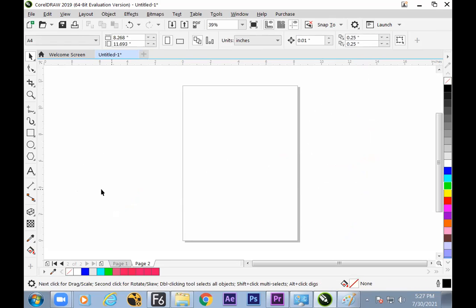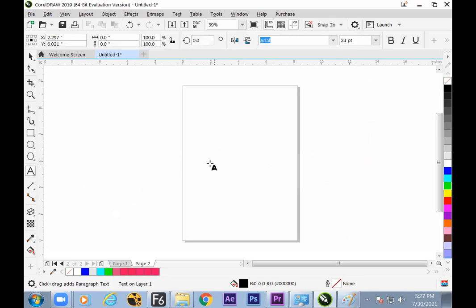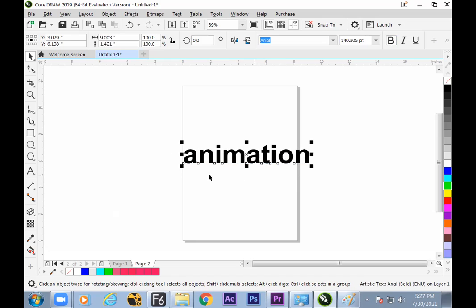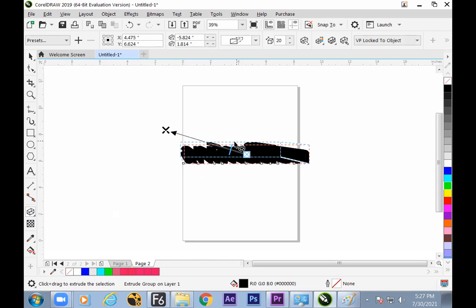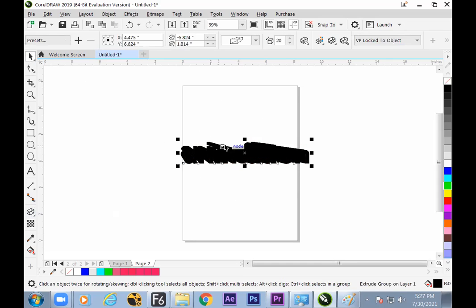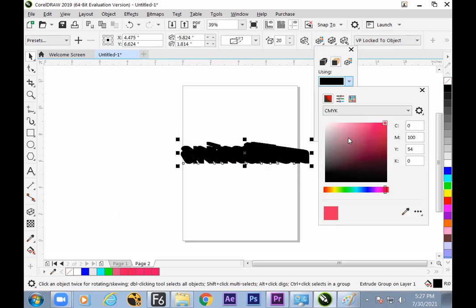Take a new file. Let us take the case alphabet. Get it bold, drag up. Now, let us go for extrude. So here you can see the backdrop, but it is taking the color from the object. We don't need this. So what is to be done? Switch to the color of the choice. You can switch to any color we wish. So hope we have understood how to change the extrude color.